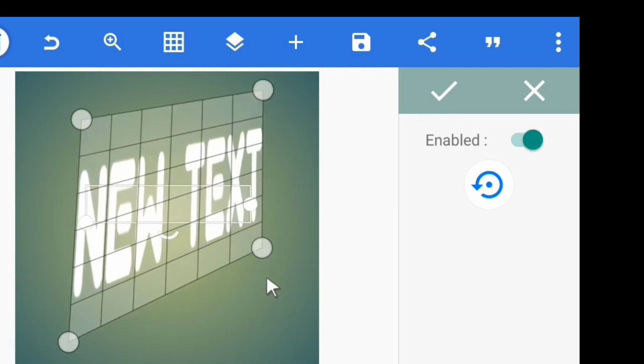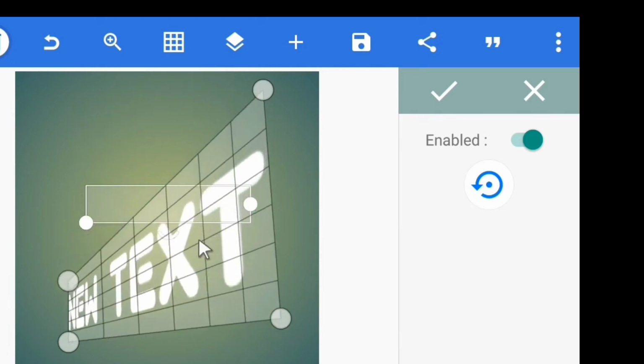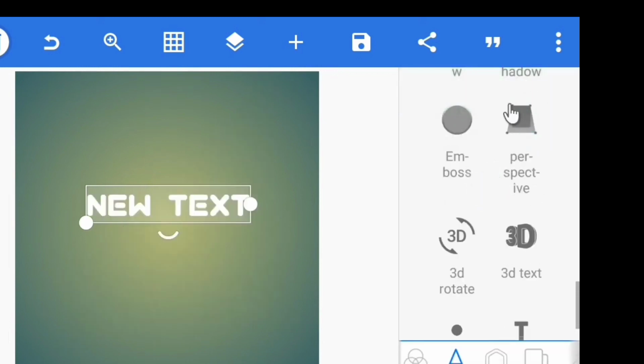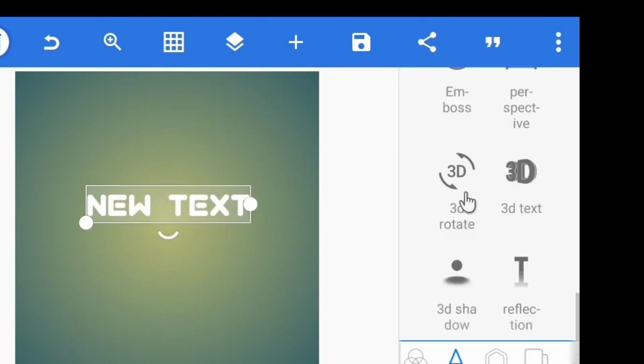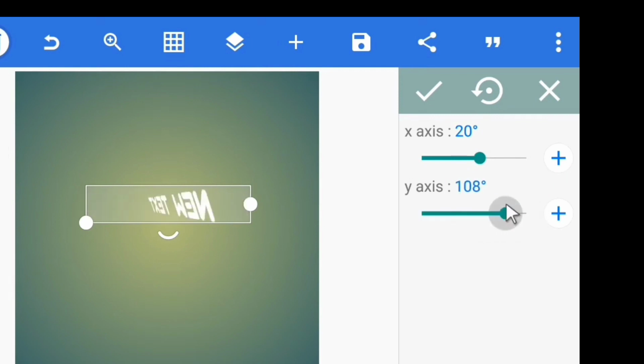Whatever nature you want your text to be. And that's for perspective. Let's look at rotate, 3D rotate. The x-axis, you can see as we are rotating the y-axis, changing the text to any look we want. Then we can see